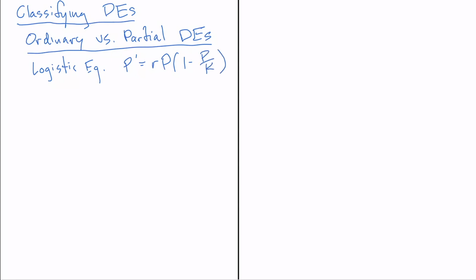So this is an ordinary differential equation because there's a dP/dt. And now, because I only have a prime and there's nothing else indicated, we're able to infer that the derivative is with respect to time,